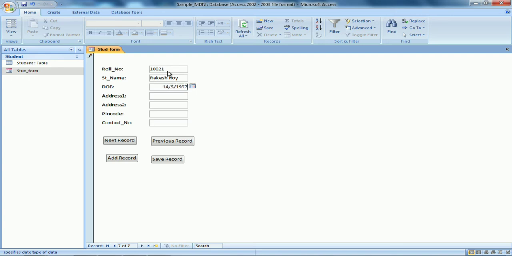Rakesh Roy. Some arbitrary names I am entering. Pressing just the tab key. Pin code.